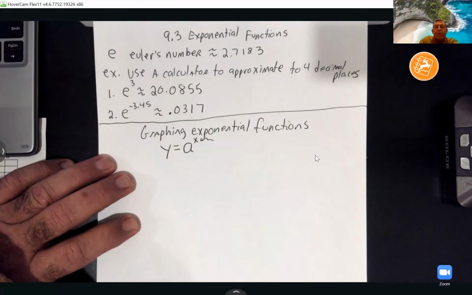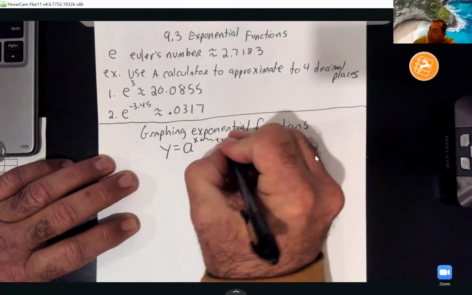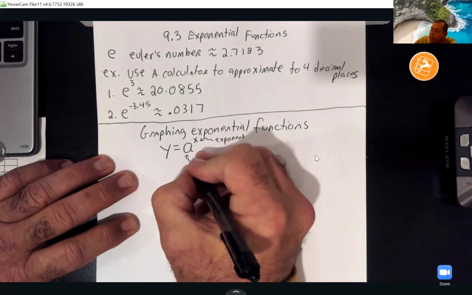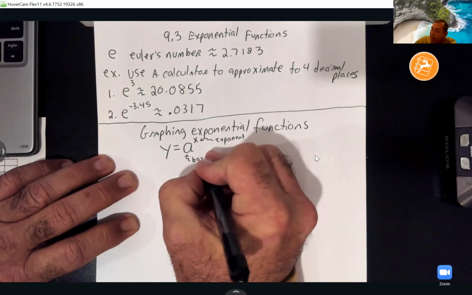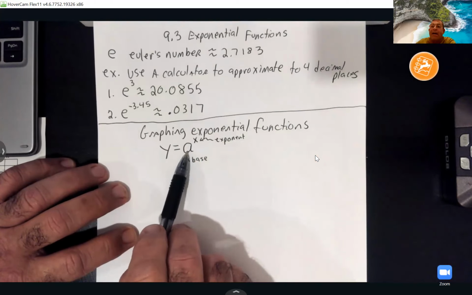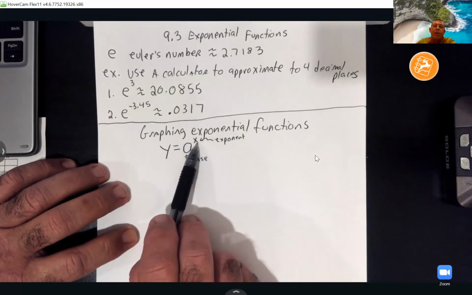Your variable is now the exponent. A is what you're going to call the base. So you'll have a number here like 2, 3, 5 or something. What's going to change and determine the graph is going to be this exponent where you're putting in your numbers,